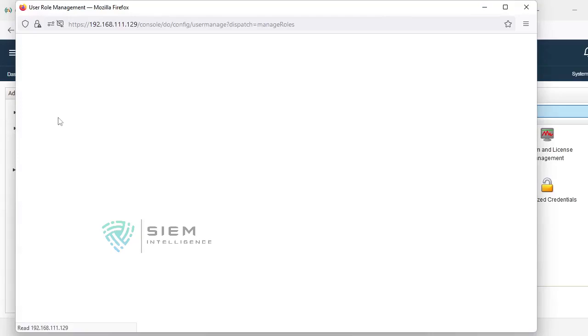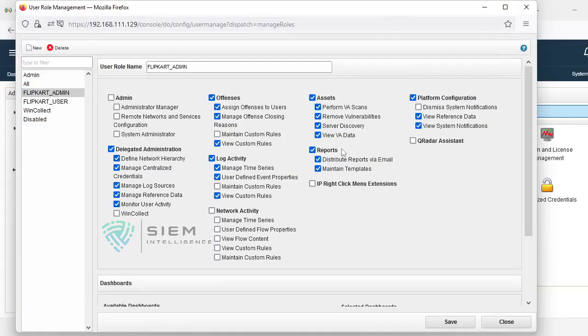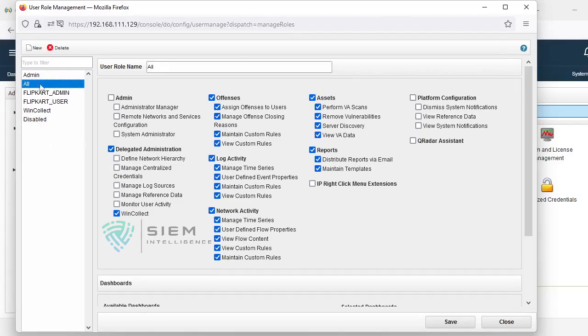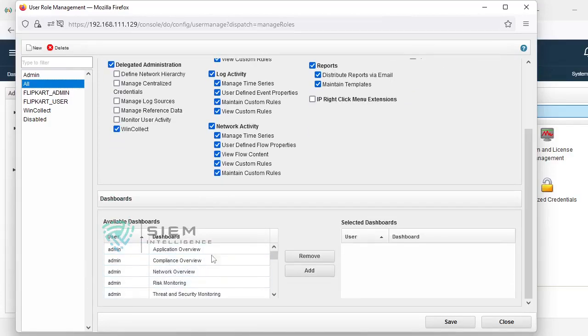Then user profiles, as you have seen. Flipkart admin has this many facilities, and user has only this many facilities. Or you can change it, it's up to you. Disable means you have disabled everything. Collect means they have only some of the options. All has some options by default. All means these are the options he can view. Generally all is for those at monitor level, who are going to monitor all these things. And you can add or remove your tabs. I told you, you can do everything. You can change your options here.